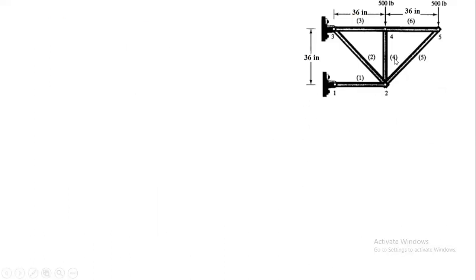Again, here there is no force, 0 force. Here there are two forces. That is, one is 500 in downward direction at node number 4, and 500 in downward direction at node number 5. Therefore, here you have support reactions in x and y direction. Here both x and y direction forces are 0. F2x and F2y are 0. Next, at node number 3 both are support reactions. At node number 4 you have 0 x component and the y component is minus 500. Here at this location, x component is 0, y component is minus 500.